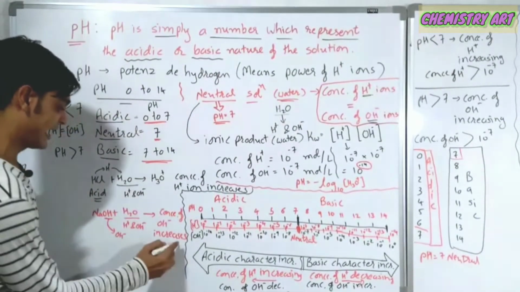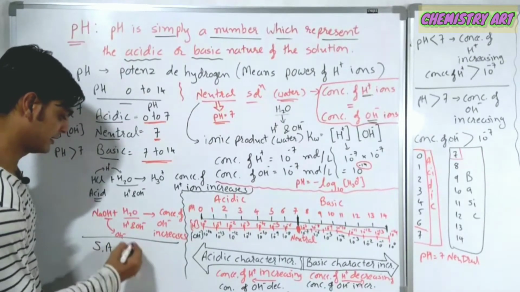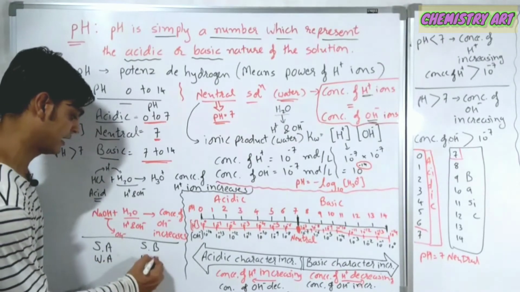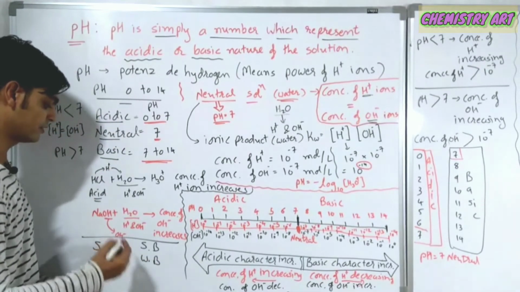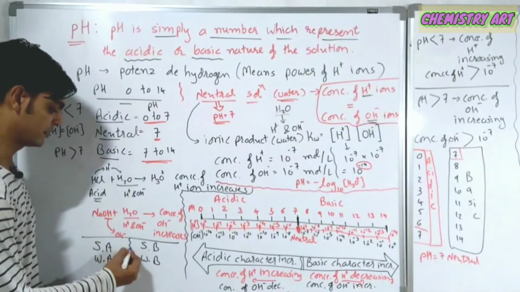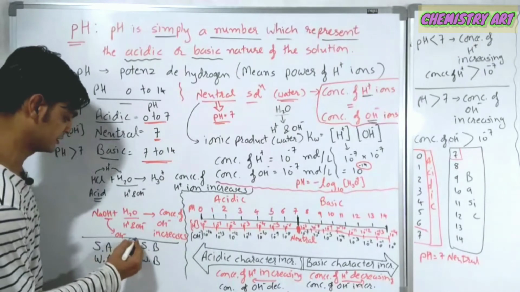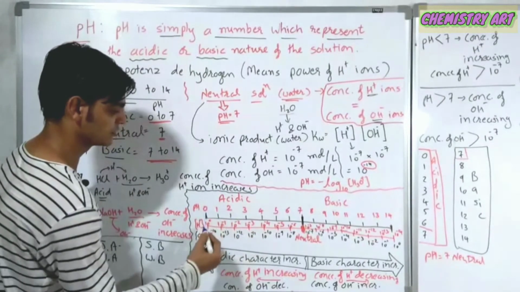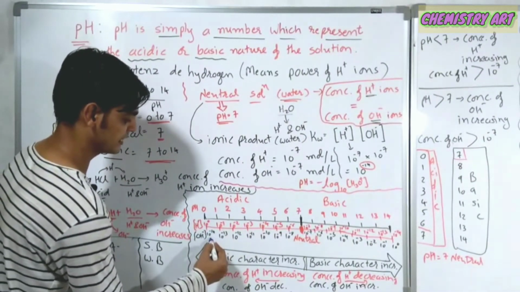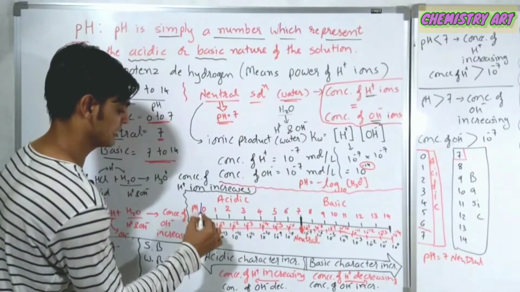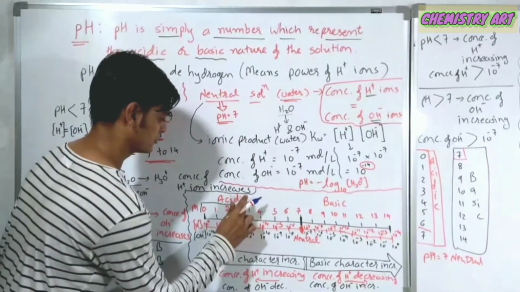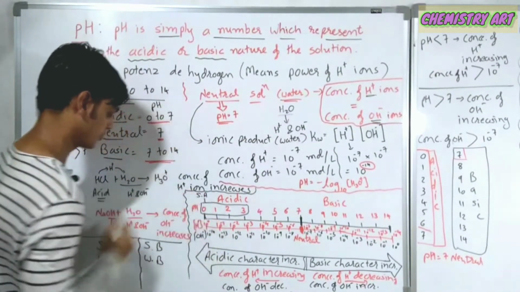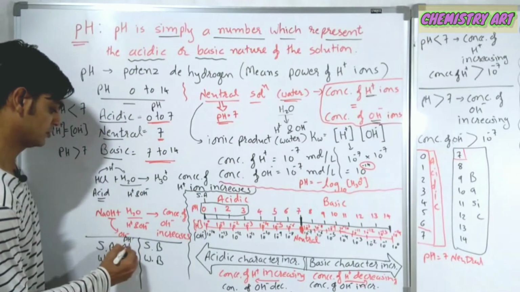As we know that we have strong acid and strong base, just like that we have weak acid and weak base. What can we say, strong acid means what? If the pH is 0 to 3, let me show here. pH 0 to 3. So if the pH is 0 to 3, it is known as SA, meaning strong acid.